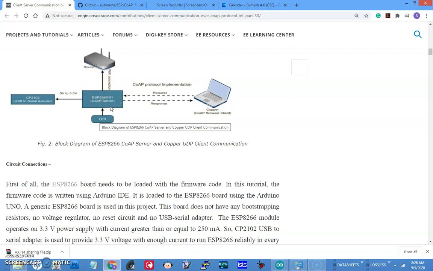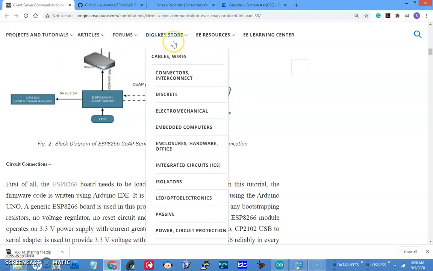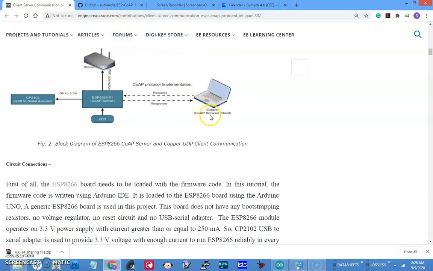Task number 1. For those who have the habit of forgetting things and don't have the patience to watch the video, I request them to note down. Task number 1: learn how to configure ESP8266 as a COAP server. Second, install the Mozilla COAP add-on so that you can use your laptop as a COAP client.